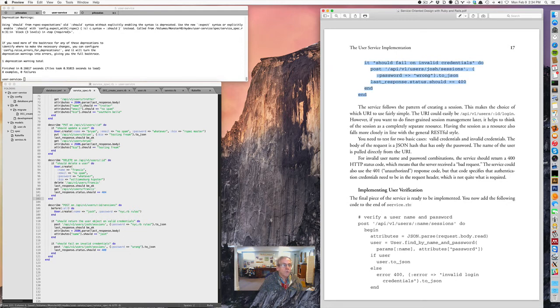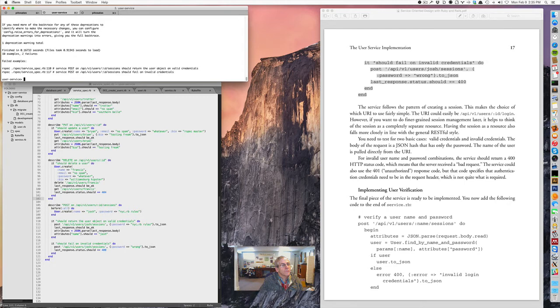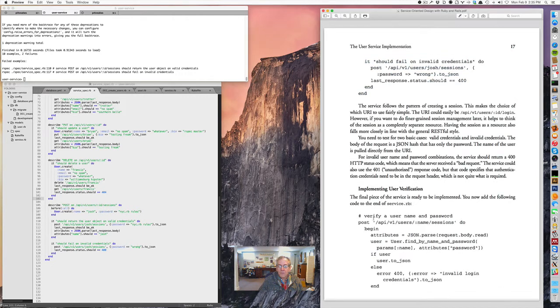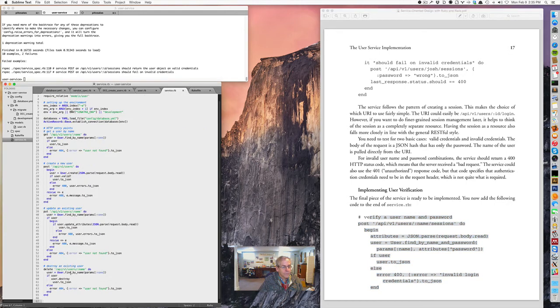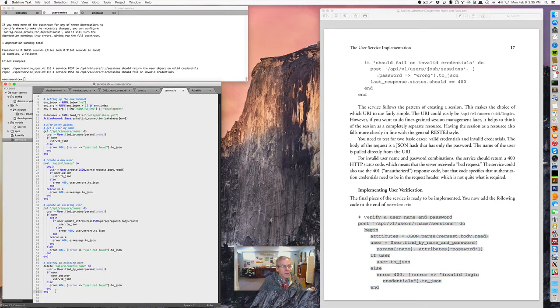So now we set up the test. They will fail. Okay, in two places as we expected. These two errors, and now we're going to implement those two cases, and we're going to see that now they succeed. All right, so we're going to go back to service.rb, and we're going to add another